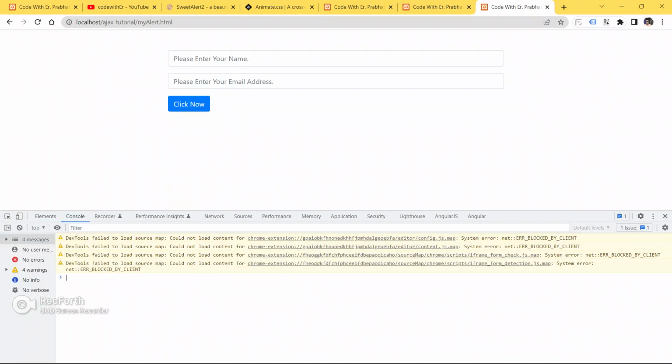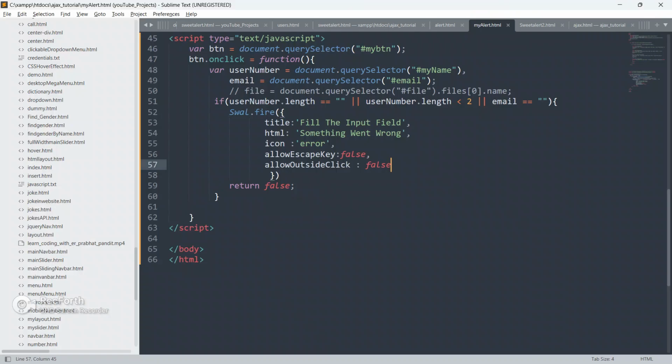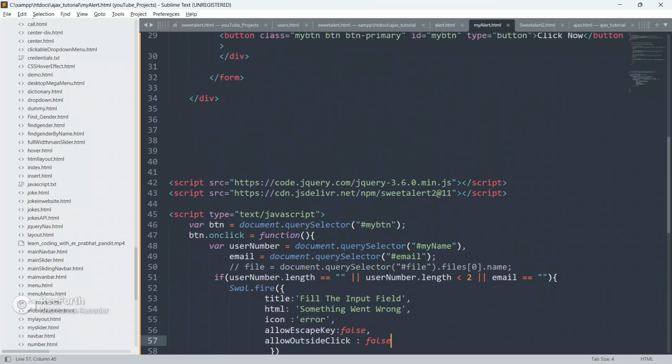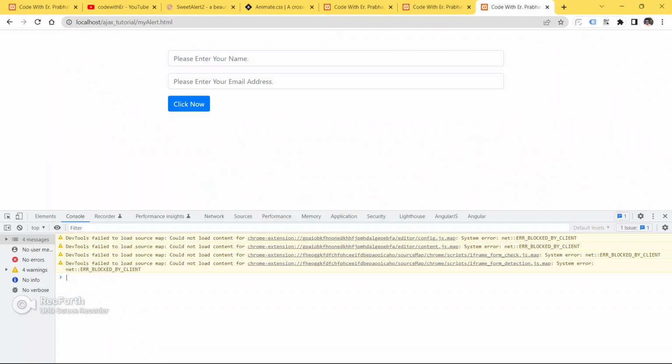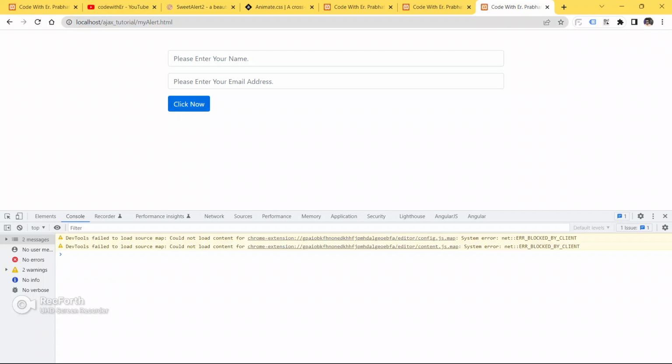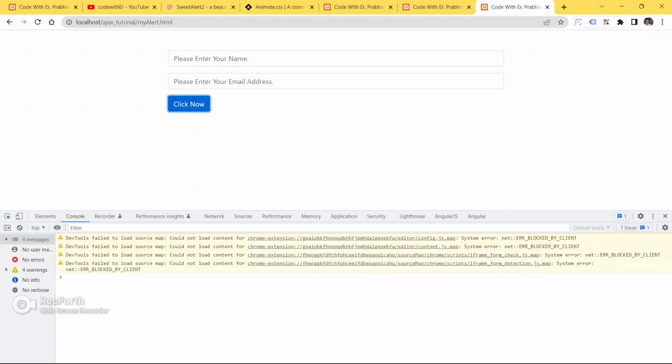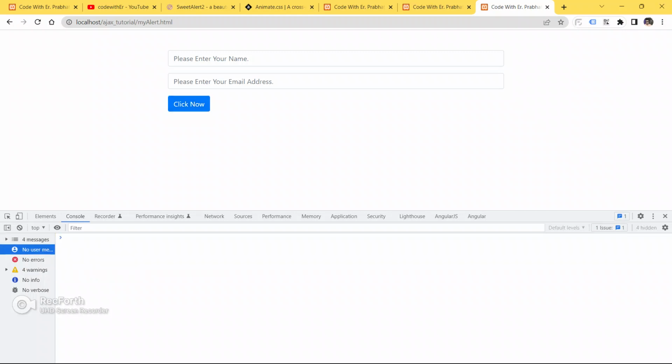So click on the button now. It's saying something is wrong. Go to the console. Nothing is wrong, guys. Save your code, go to the browser and refresh your page. Nothing is happening.